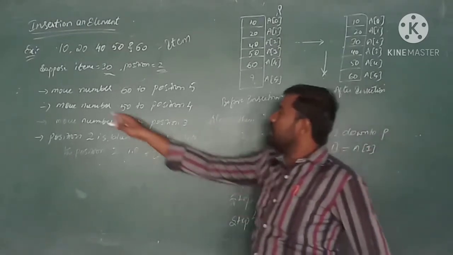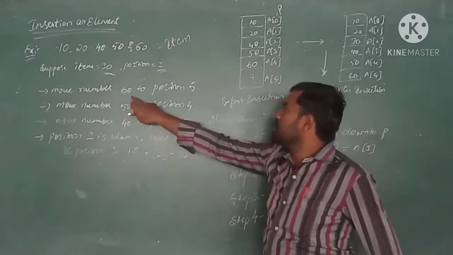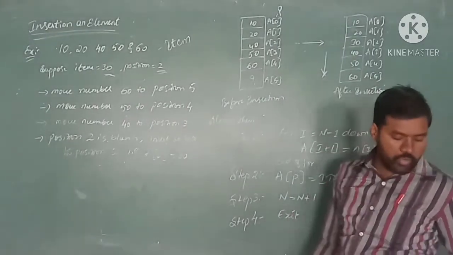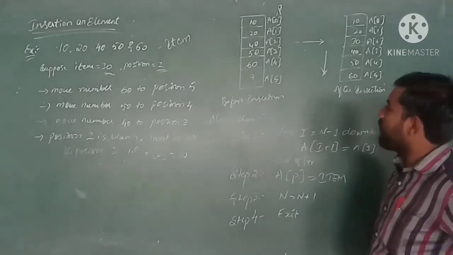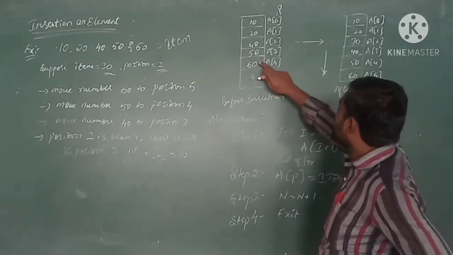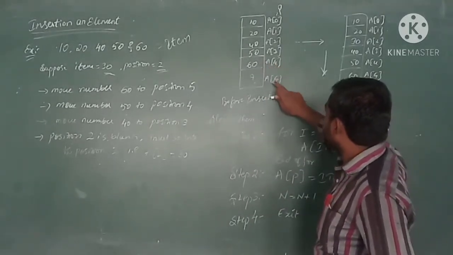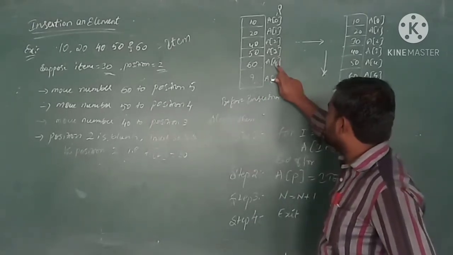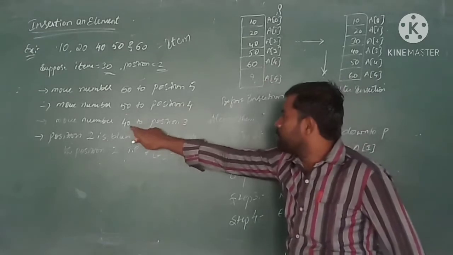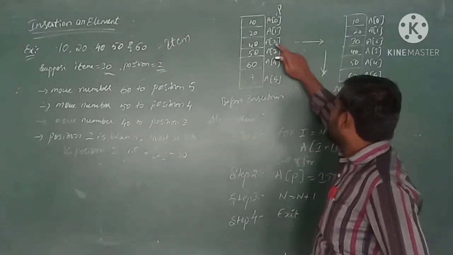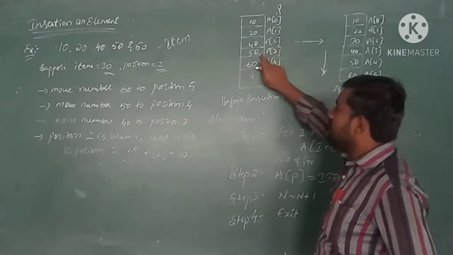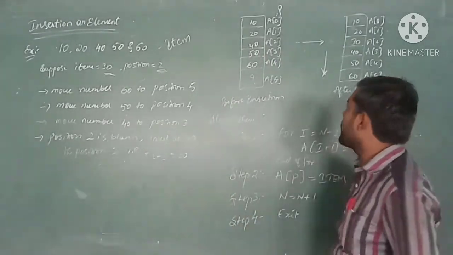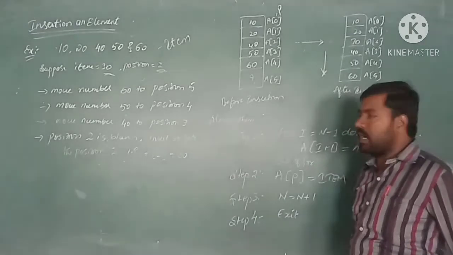So what exactly it is saying is move 60 to position 5. Then what is in position 4, that is 50, we must send to position 5's neighbor, and the element in position 3 we must send to position 4. The 40 element in position 2 we must send to position 3. We are just going to move the elements over here, we are doing the movement.